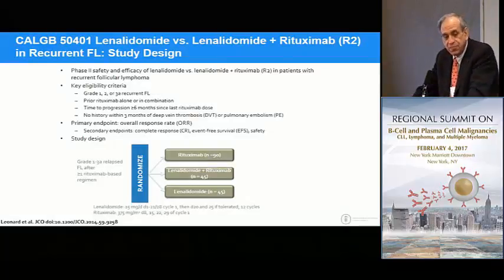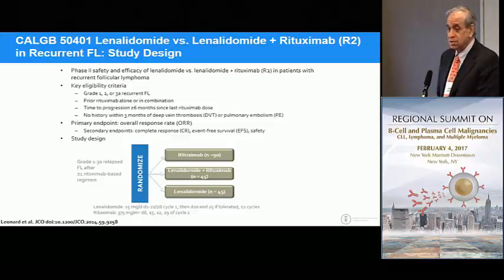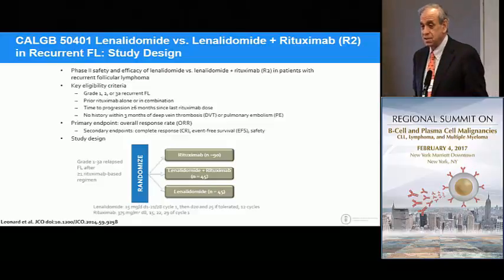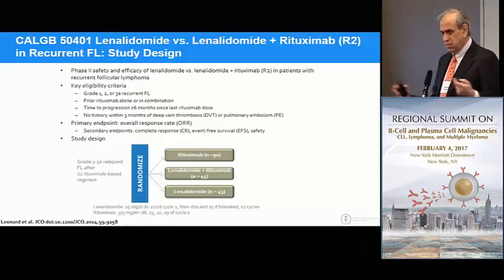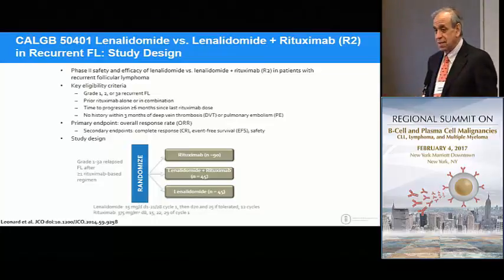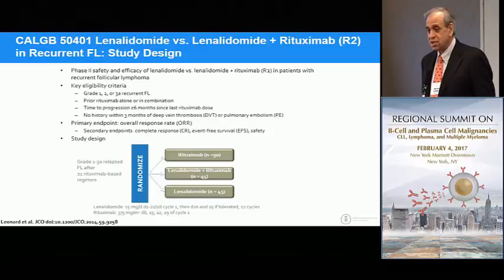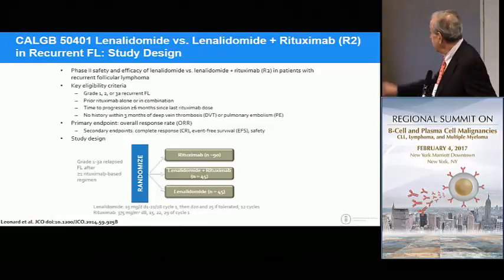So one of the first studies to look at the role of lenalidomide in follicular lymphoma was this CALGB study that we did, and I was a purist. This was one of the first big studies to be done in the rituximab era, and we were going to look at rituximab in one of the arms. I wanted to know what single-agent rituximab did in previously treated rituximab patients, because everyone said, oh, it's 50% drug. Well, maybe not in the relapse setting. So I was the purist, and I insisted that we had this arm,